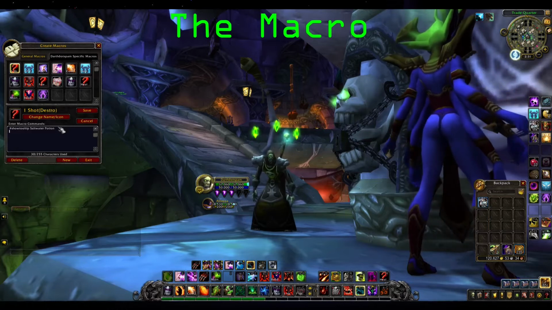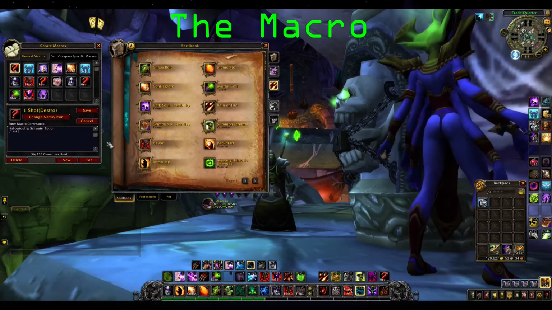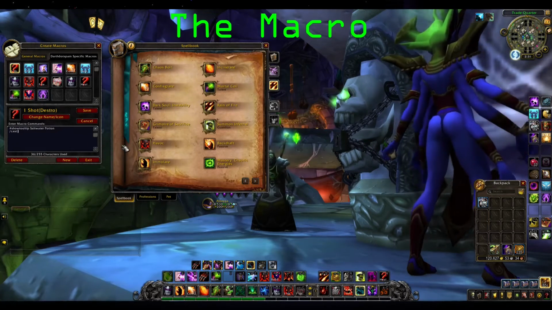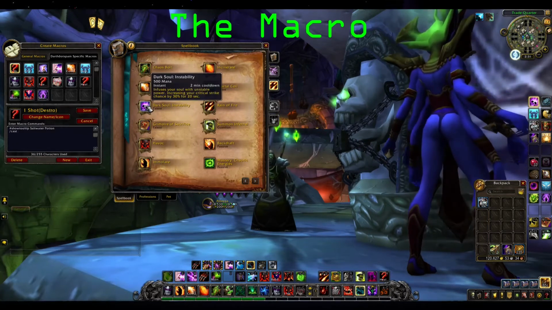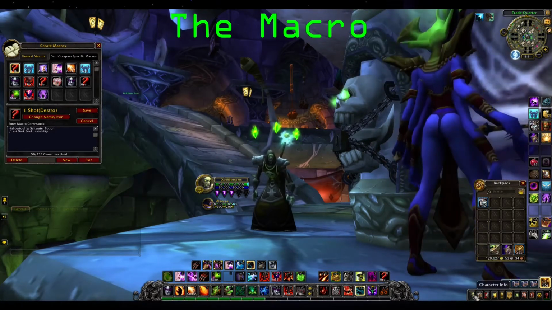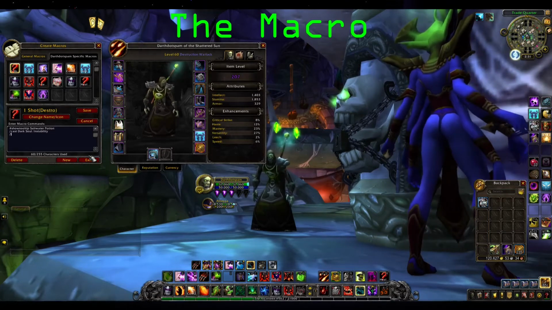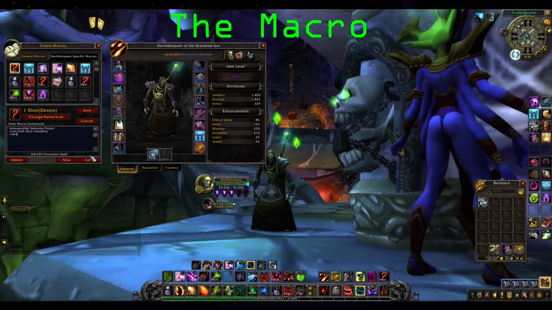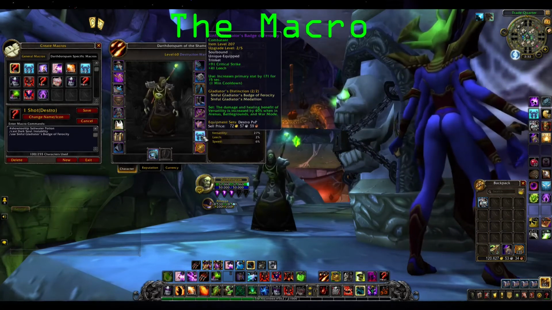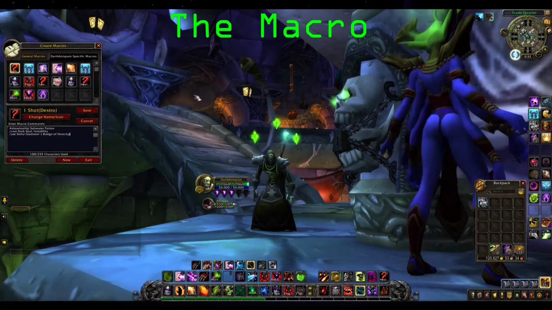So next line, I'm going to type /cast because it's one of my moves. So you type /cast for one of your moves, and you type /use for an item. So I'm going to type /cast, and I'm going to hold down shift and left click Dark Soul Instability. So that's the first thing that I'm going to use. And then the next thing I'm going to use is I'm going to hit enter. I'm going to type /use space. I'm going to hold down left click, and I'm going to shift left click my Sinful Gladiator's Badge of Ferocity. So this macro will use both of those,